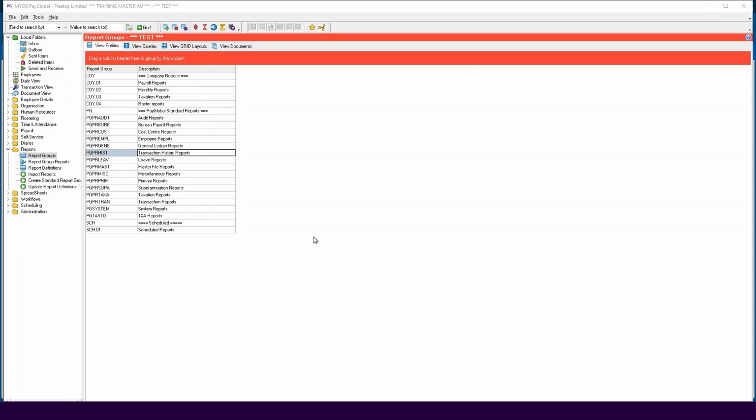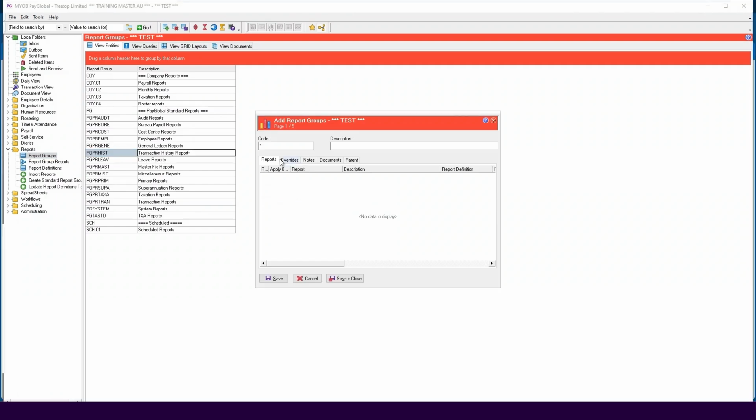Now, let's look at how to add a report to a report group, create a new report group, and model reports to other groups. You may have a standard set of reports you regularly run, and you can create a report group to store them for easy access. To create a new report group, go to Reports, click on Report Groups, press Insert on your keyboard or right-click